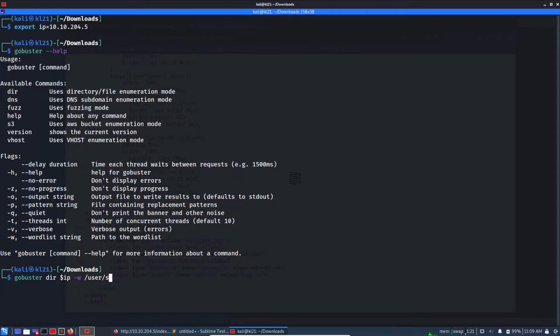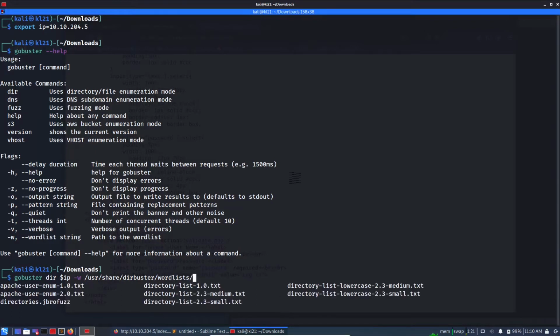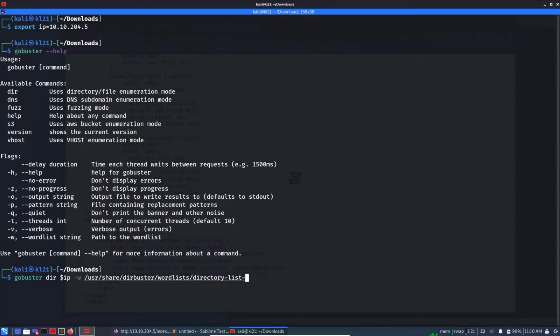So usr share wordlist or dirbuster. Okay, usr share dirbuster and wordlist directory. Let's start with medium, and let's mention files as PHP,